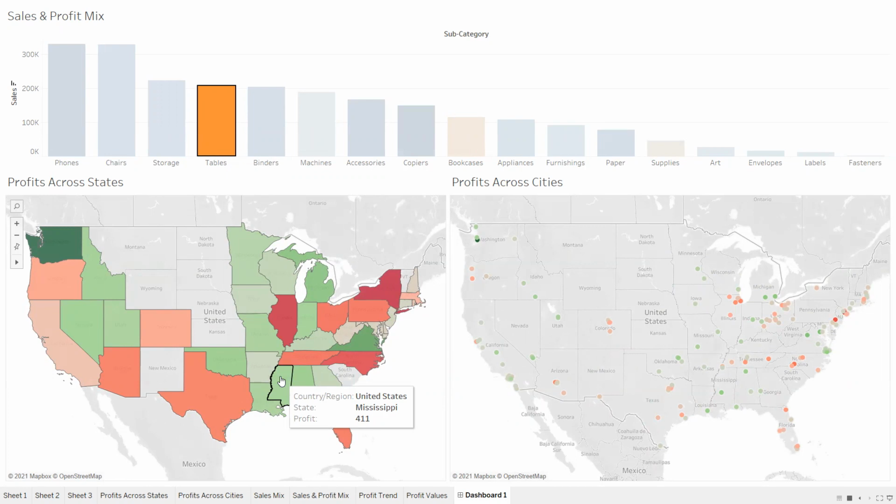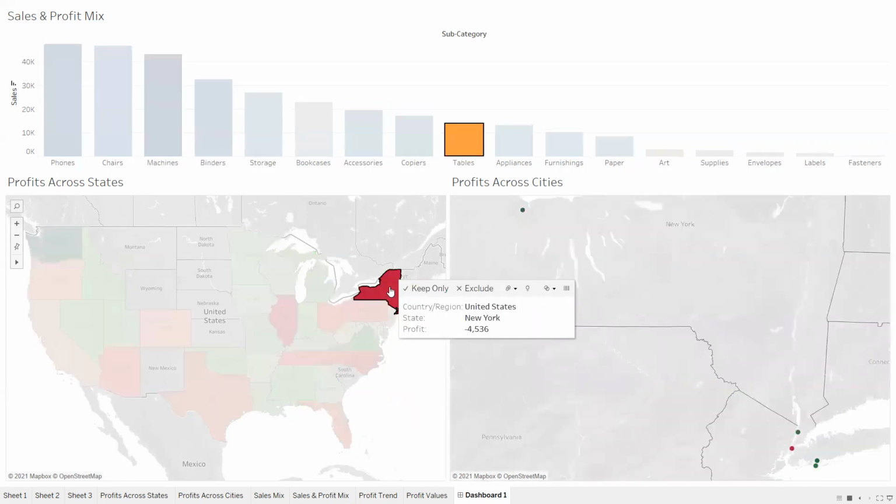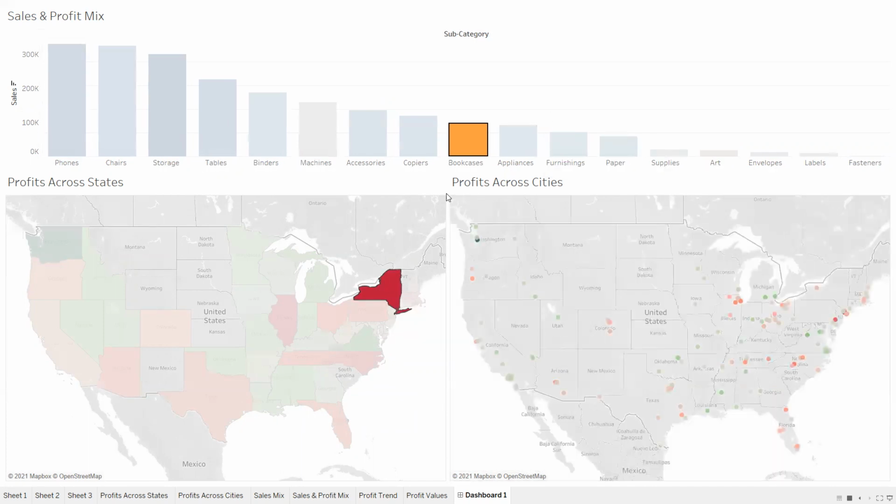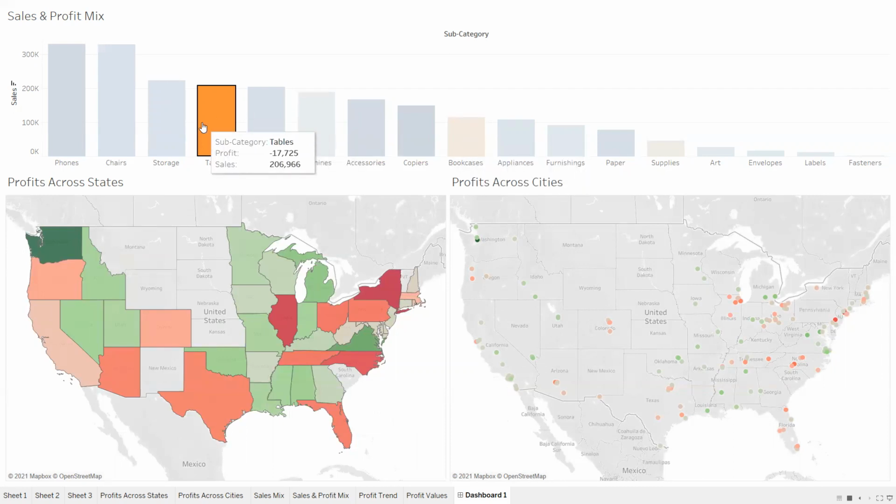Clear? Now, if this can help me understand, can you tell me what is the reason behind the losses for the tables? Let us stick to these two values. So this one and this one. If I click on this, am I getting to know the places where I'm getting the losses? But am I getting to know the reason for the losses? No, not at all. Right?